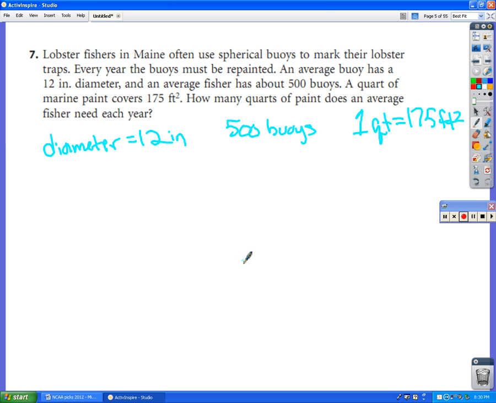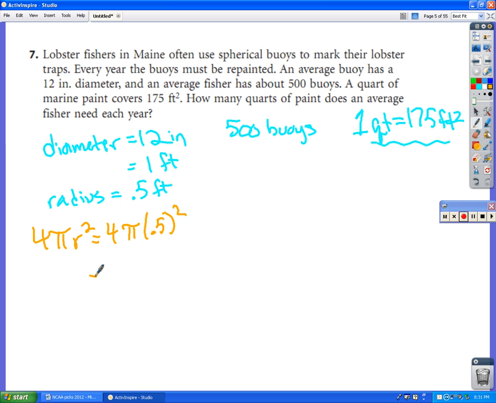Okay, so you have to be careful here, because the diameter that they gave us is in inches, and the paint coverage is given in square feet. So instead of using 12 inches, I'm going to use 1 foot for the diameter, which means the radius is going to be half of a foot, or 0.5 feet. Now I can use that to figure the surface area of one buoy using our surface area formula, 4 pi r squared. So 4 times pi times 0.5 squared. If I do that on a calculator, I get